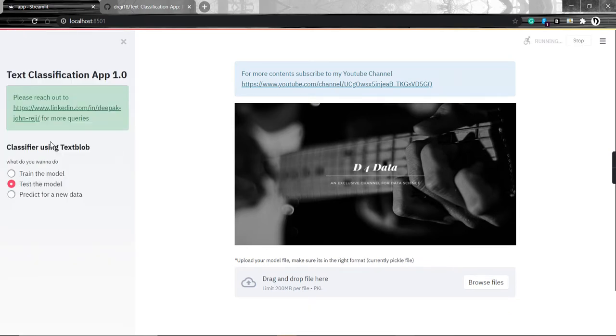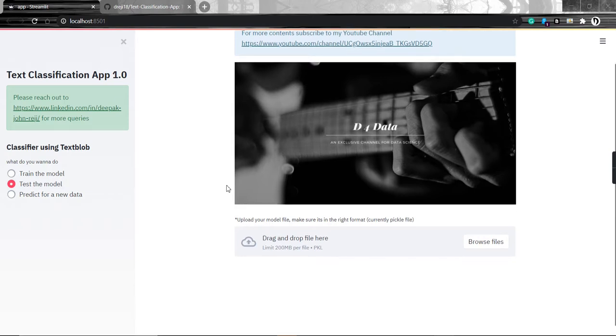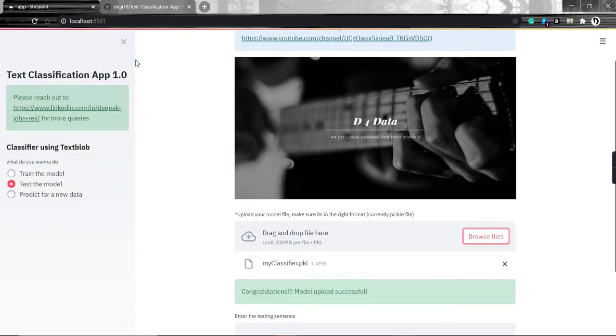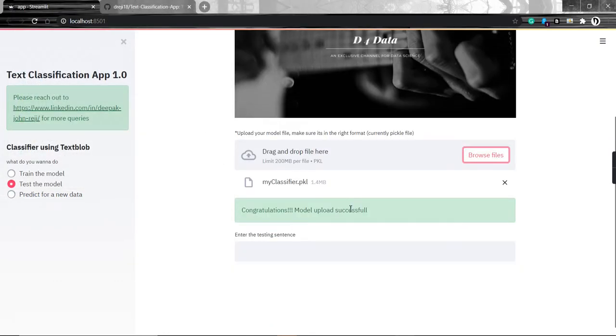So for testing this model, we can actually see how our model is functioning. First of all, for that we need to load the model. If you are not doing everything in this sequence, so we train the model and we just want to see how the model is functioning, we can even take any model which is trained. We can browse the file here, and it should be in pickle format. So I'm just loading the pickle file, and the model is uploaded successfully.